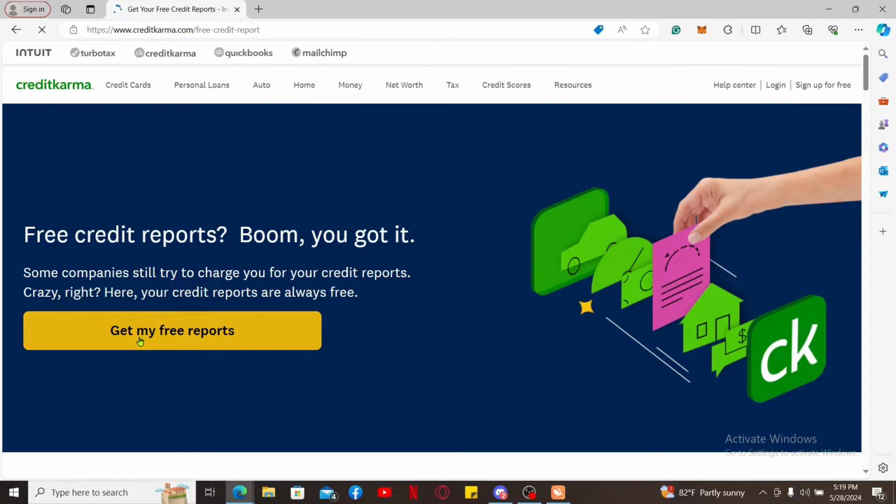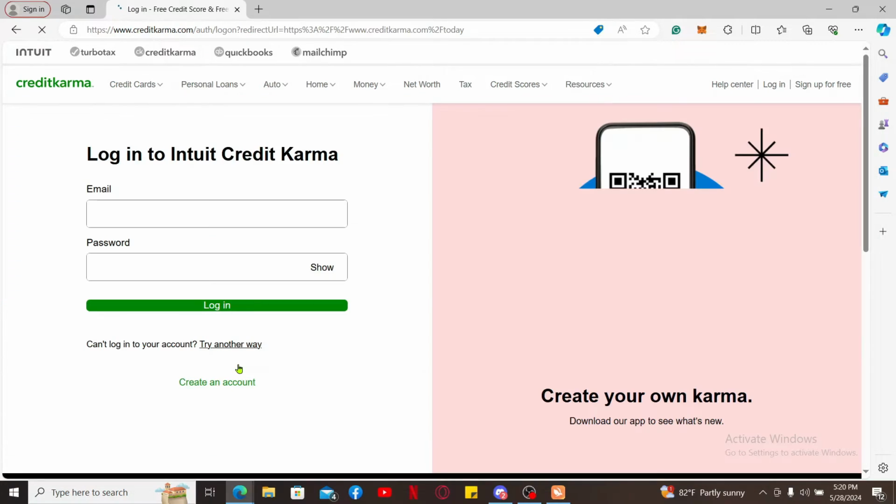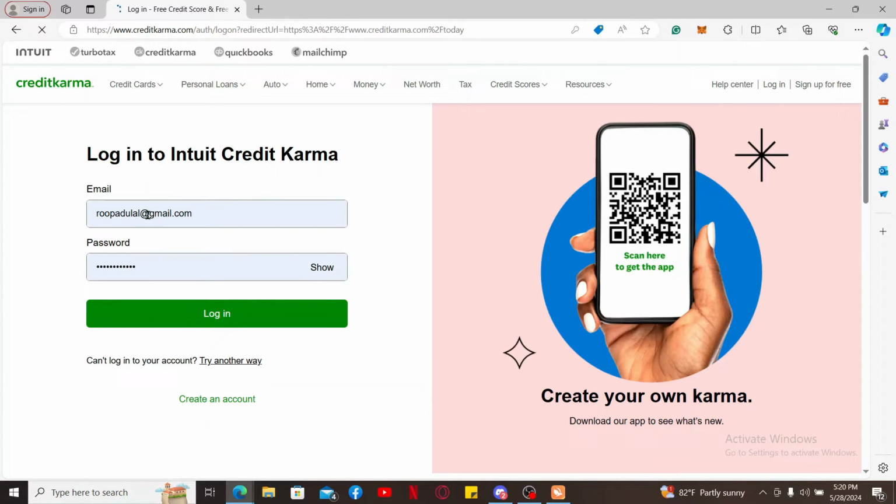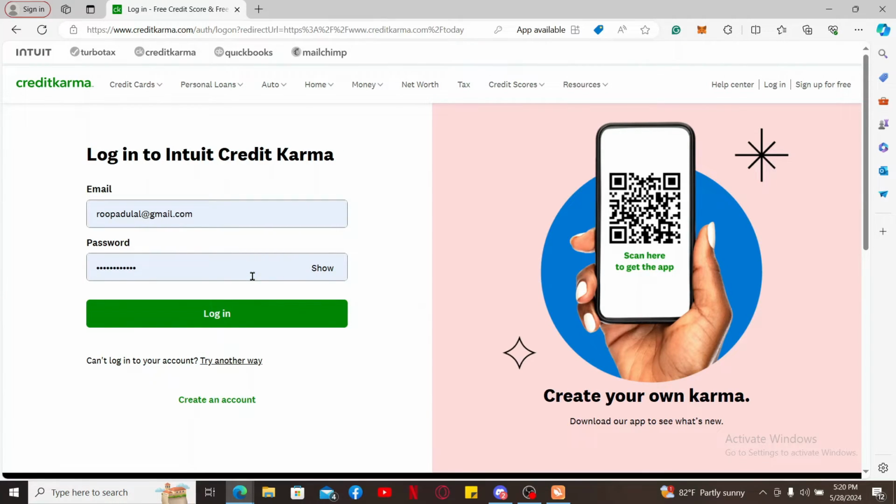Now, click on the Get My Free Reports option and log into your Credit Karma account by entering your email address and password. If you don't have an account yet for Credit Karma, click on Create an Account and sign up for free. Once logged in, after your credentials are correct, you can navigate to the credit report section